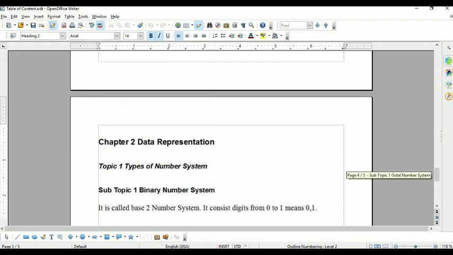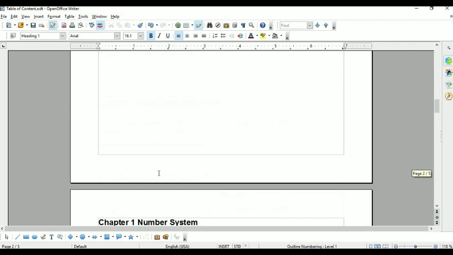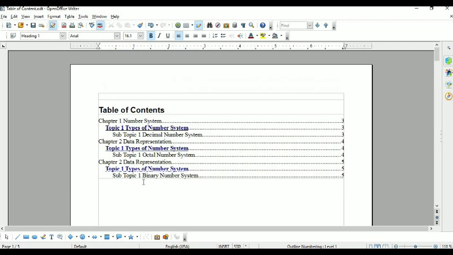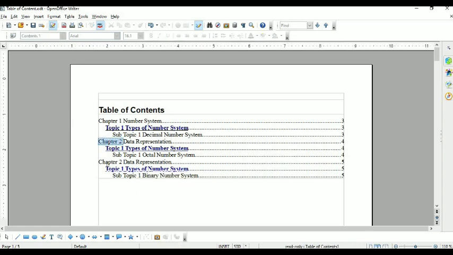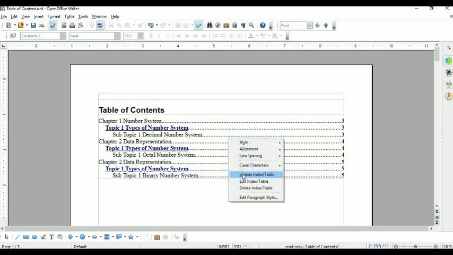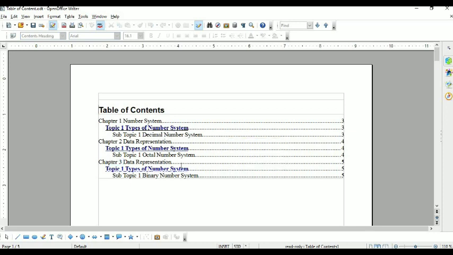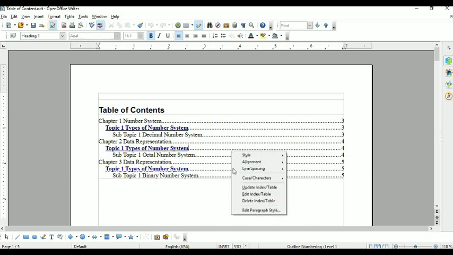See this, right? There is chapter 2 written. I want to write here chapter 3. Here I made a change in the content, but in the table of content it is not affected. So what will I do? Right click, then select update index entry. Once I click, see here. First you see here chapter 2 and chapter 2. Clear? Right click, update table of content, sorry, update table index. See the change. Now this is chapter 3. It means after modification you have to do update table index.